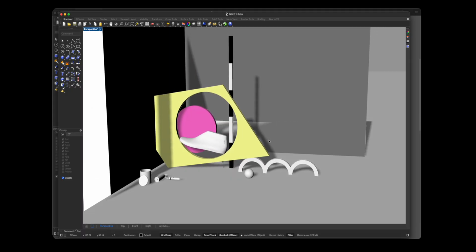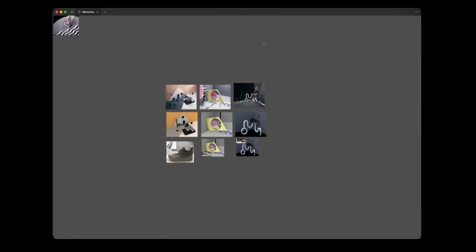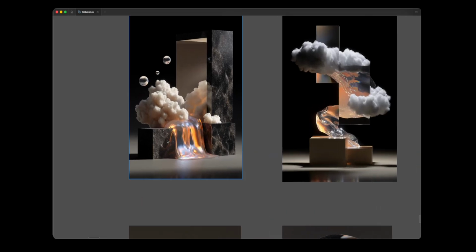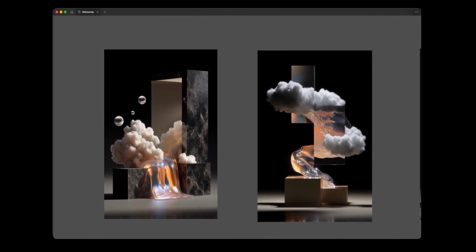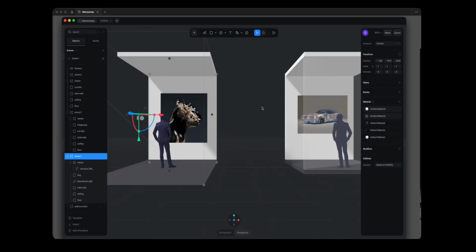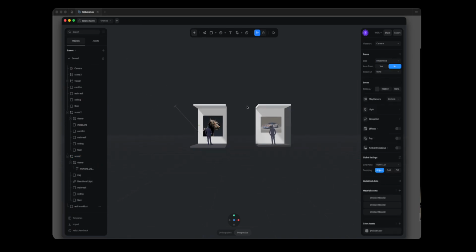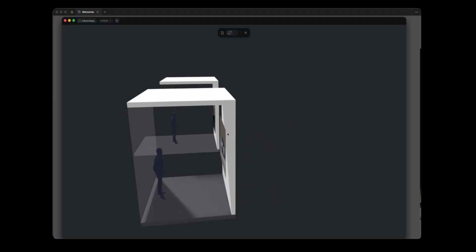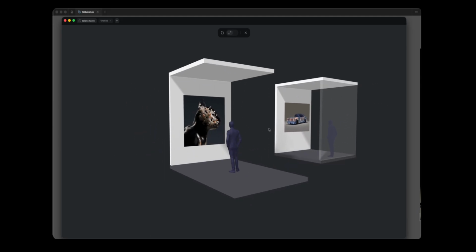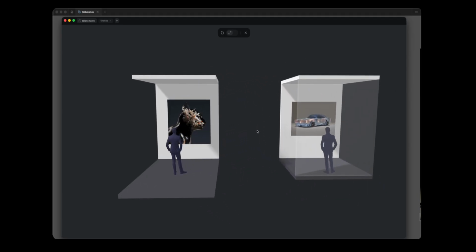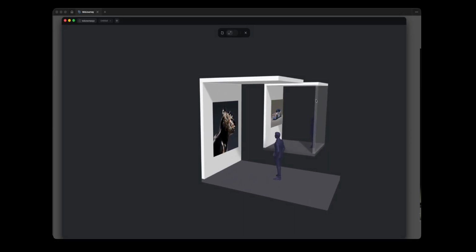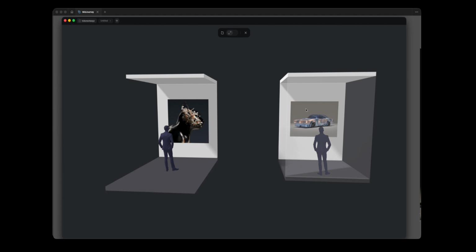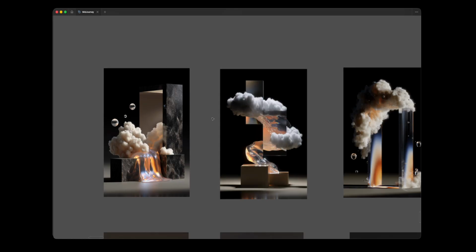Let's get back to Figma. And now let's talk about AI a little bit. But before I do that, let me go to Spline, which is another 3D tool that I use. Here in Spline you can do both modeling and rendering, but I use it mainly to calculate distances and see, if we have an image on a wall, how big it should be, depending on if it's an open plan room or a room in a corridor. In a room with a corridor, you don't want that image taking the majority of the wall space. So let's get back to Figma, and I'll show you some images I've made with